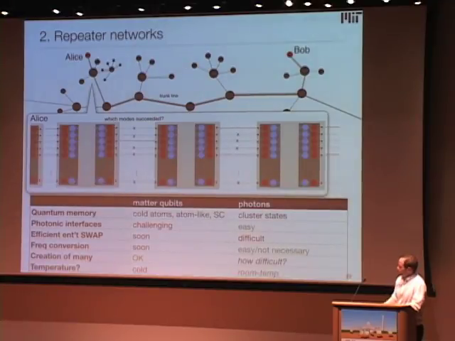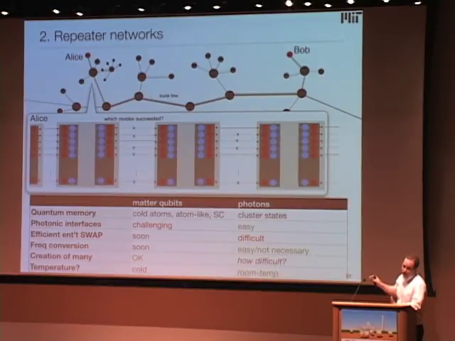And originally in the proposal from Briegel and others, we just considered matter qubits. And all of these would be, let's say, internal states of atoms. This is actually, in many respects, great, although still technically very challenging, because as far as I know, there hasn't been a demonstration of an actual quantum repeater to this day. So it's certainly not trivial.